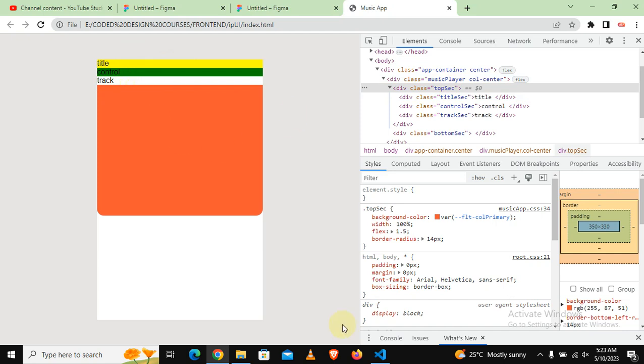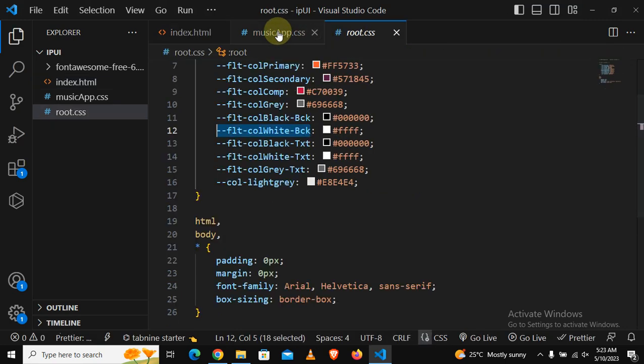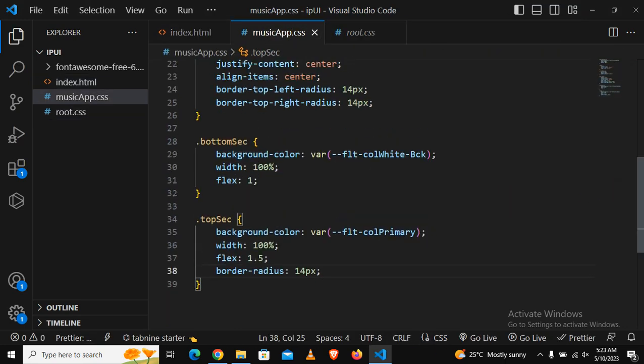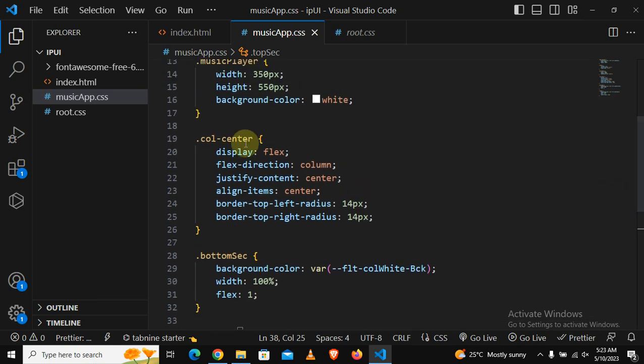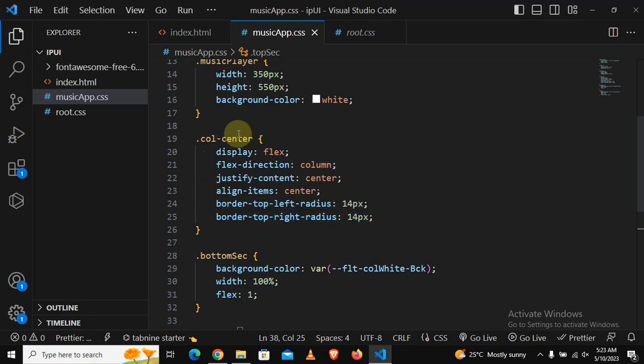Okay, and then let's go there and check on our CSS. I think it's this one. As you can see, I think we've got a column center here. The elements are arranged in a column section, and also they are arranged in center, so we can reuse this one. Okay, let's copy this,